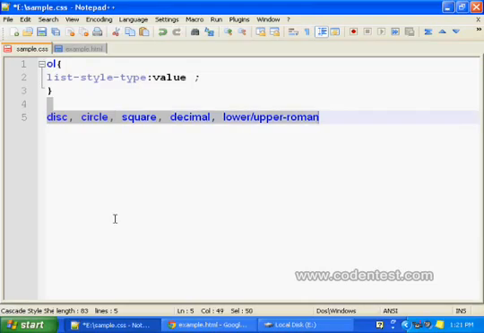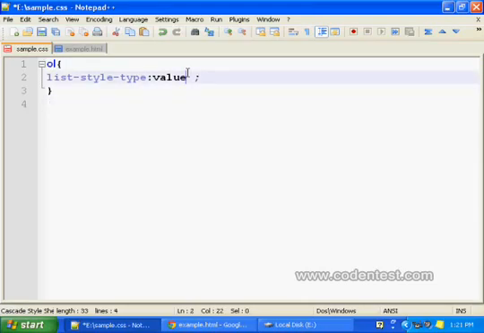So let me write, let's say, disk here, and I'll save that.